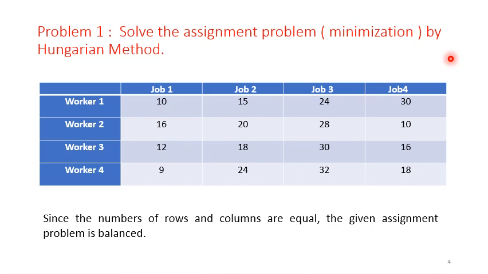So the first step in Hungarian method is to find, as we understood, whether the problem is balanced or not. In this case, the problem is balanced. Number of rows is equal to number of columns, and the order of the matrix here is 4, because the number of rows is 4, number of columns is 4. Let us now apply